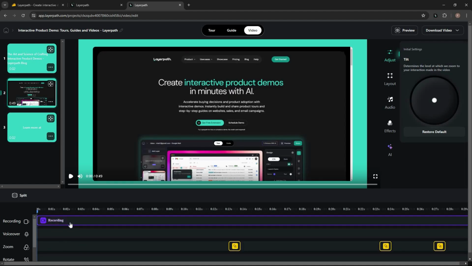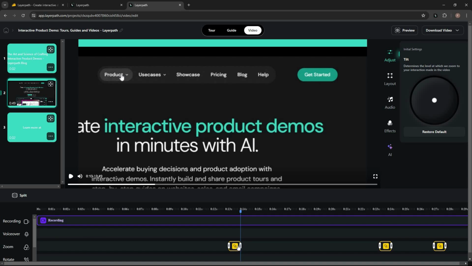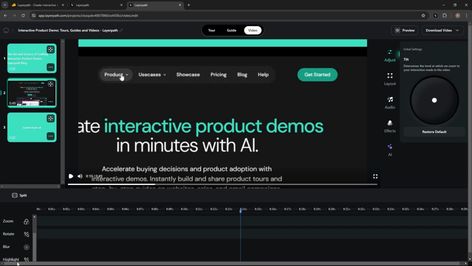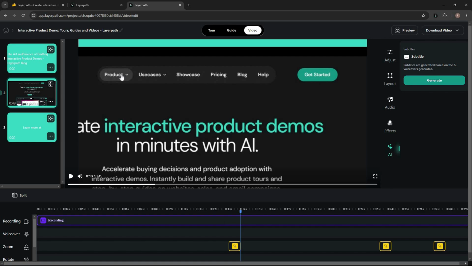On the bottom side, you can see the recording. You can see whenever the zoom effect has been added. You can also increase or reduce the duration of the zoom. And there are also multiple other effects, such as you can add highlight. You can also add blur. You can rotate your video. You can add voiceover. So on the right side, you can see all the options, such as, first of all,